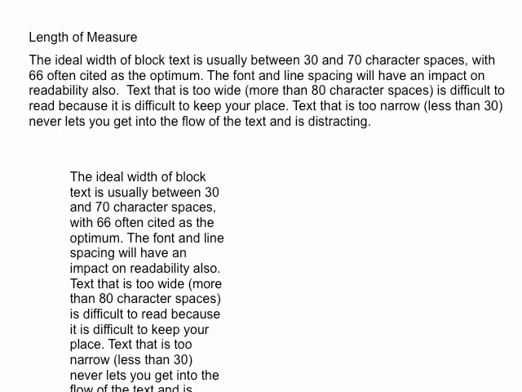Now, length of measure. Length of measure is the technical term for basically the width of your paragraph text. It's the number of characters, including spaces, and basically you should be somewhere between 30 and 70. When you get to wider than about 80 characters, it becomes really difficult. You end up at the end of the paragraph, and by the time your eye gets back to the beginning of the next line, your brain can't quite work out where the next line is,